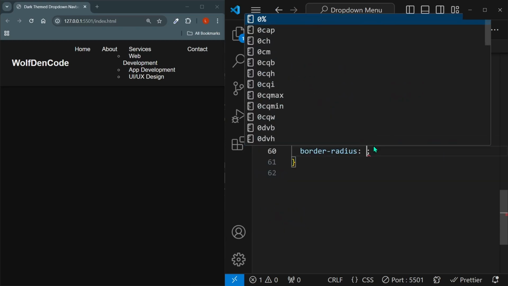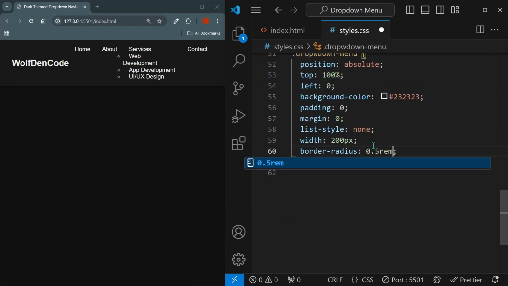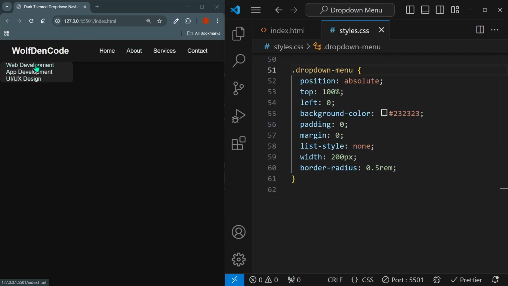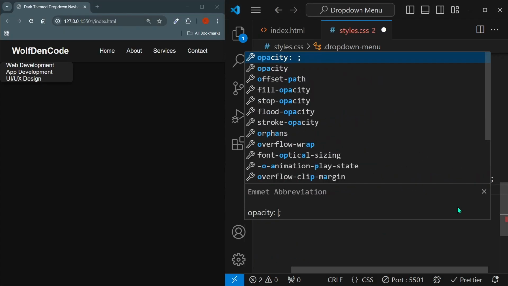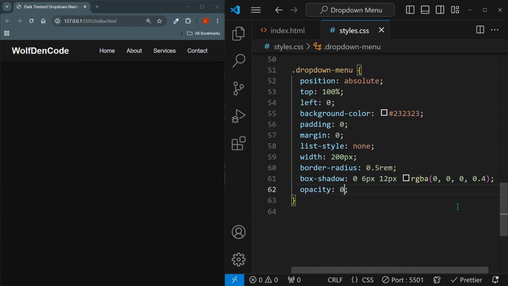Set its border radius to be 0.5 rem units. This will make sure the edges are a little rounded. If you save now, this is how it should look like on the left, but we'll continue the styling. Make sure to add box shadow to this, and we'll set its opacity to be 0, meaning we will hide